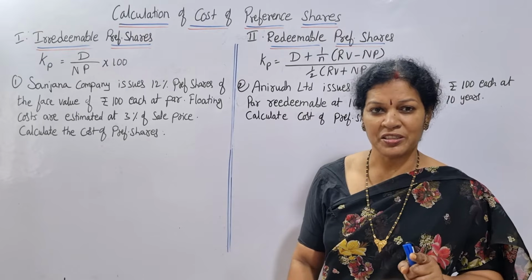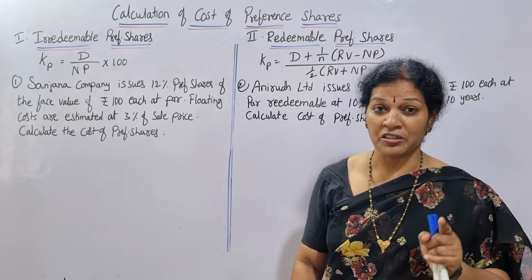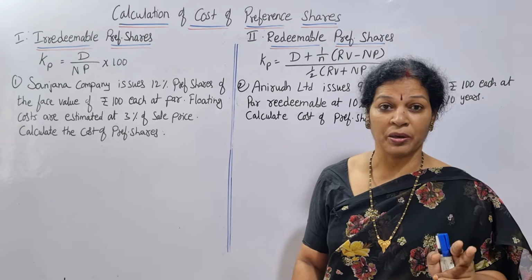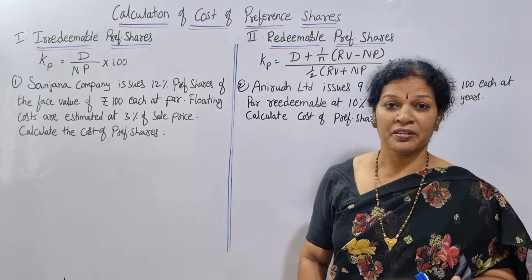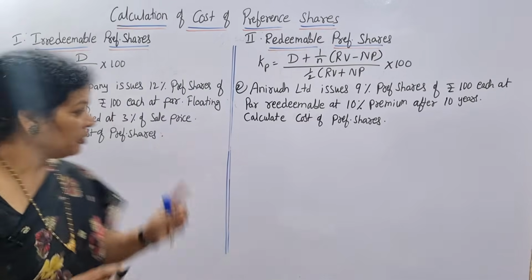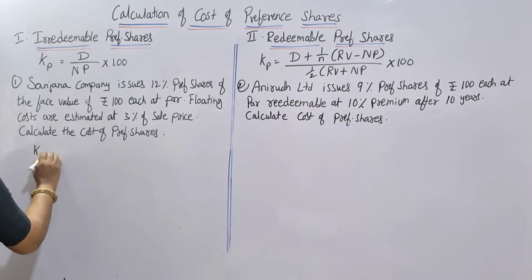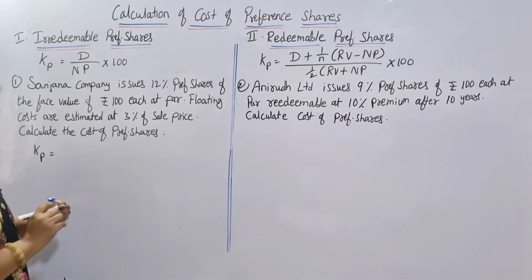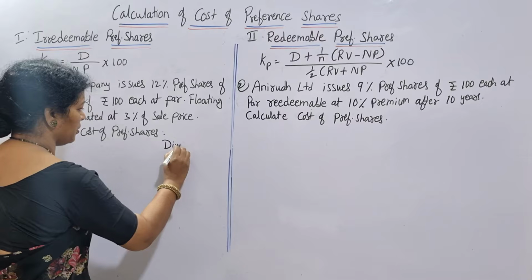It means it is irredeemable. Irredeemable preference shares means simple formula. Dividend by NP into 100. D by NP into 100. Simple. So let's write. Now here KP is the cost of preference shares. Separately you can write here, dividend is equal to